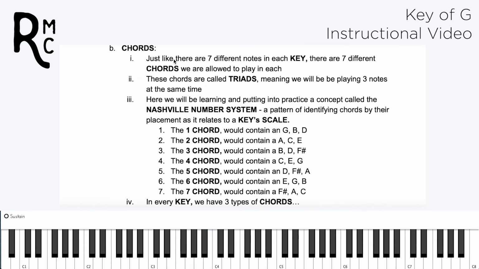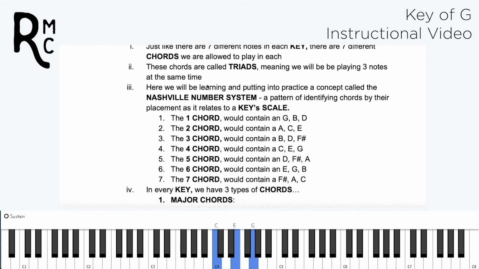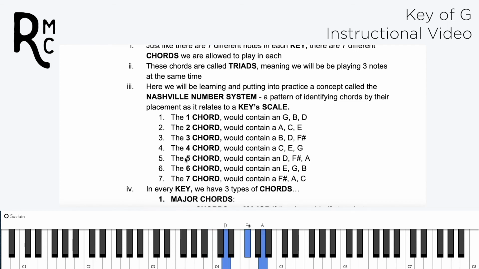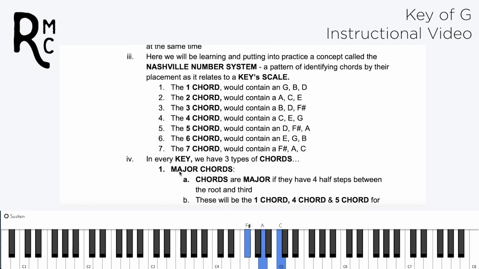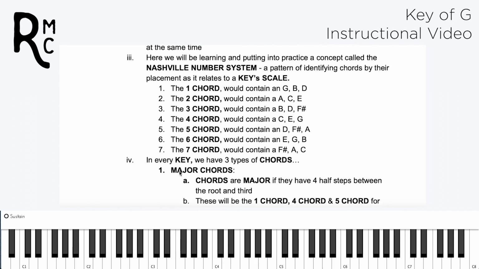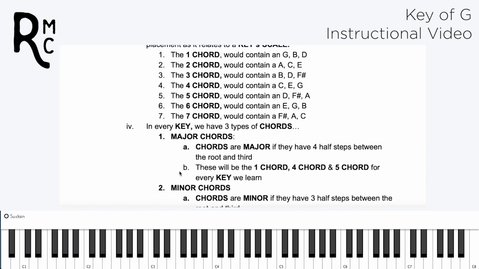G is our 1 chord, A minor is the 2, B minor is 3, C is 4, D is 5, E minor is 6, and F sharp diminished is 7. Good. And then we finish the scale with G or 1 again. Good. So now let's talk about the different types of chords and why they sound different and why they have